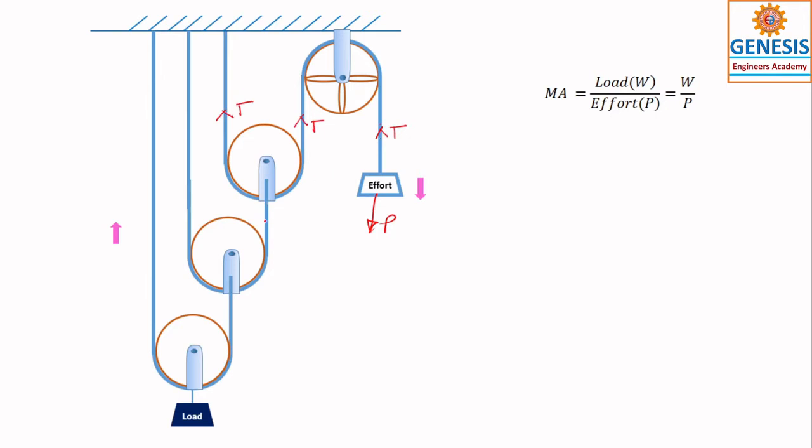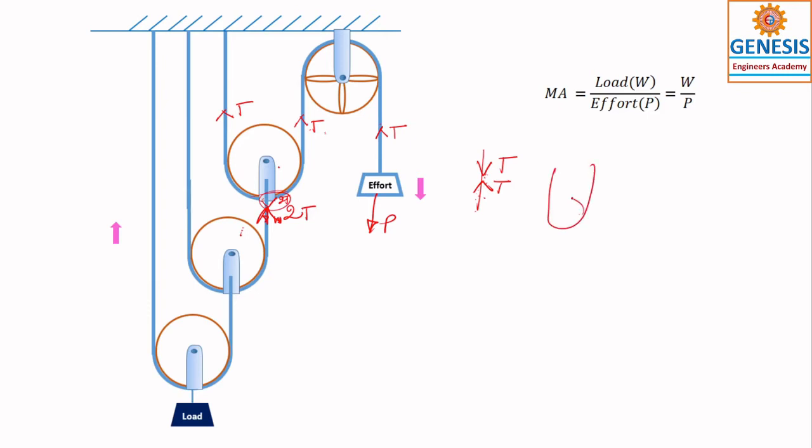In the previous case we have applied thinking that it is a load now. So we have hung this movable pulley to this movable pulley. So you can observe that. So it can be W like that. So this W is equal to 2T. In this case, any rope, there are 2 directions, this and this. So there only it will retain the force, able to apply the effort and the load. Okay, so now I can take this as 2T. You can also think that it is 2T, but it is not our concern.